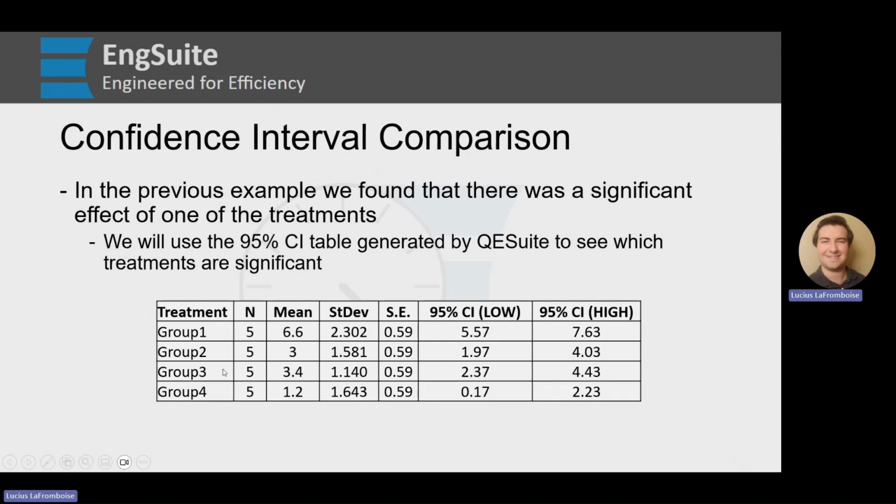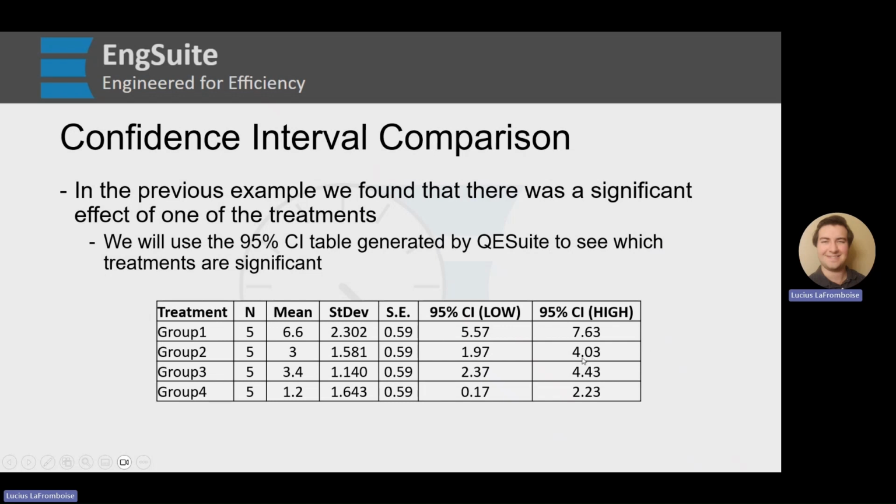So here we have group 1, 2, 3, and 4. We have our means. You'll see here, just looking at the means, group 1 and group 4 seem to be pretty different. So let's see if our confidence intervals overlap. We see group 1, the low is 5.57. And then if we look at the highs of the others, 4.03, 4.43, and 2.23, there is no overlap between the low of group 1 and any of the others, which means that group 1 is significantly different